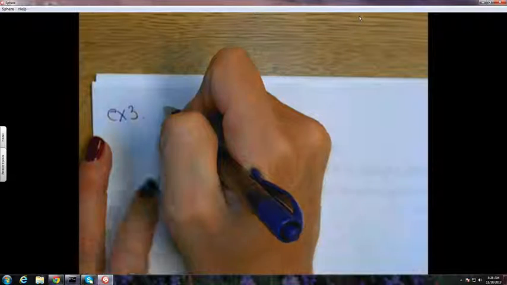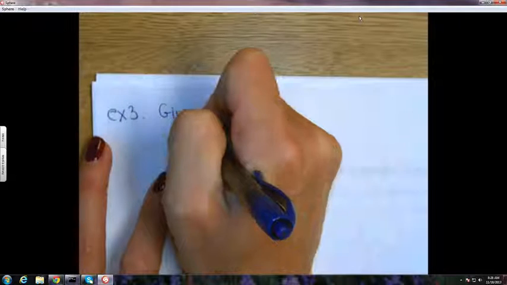Okay. Let's do the given and the proof first. Given. Angle P